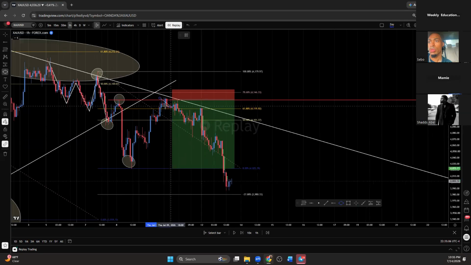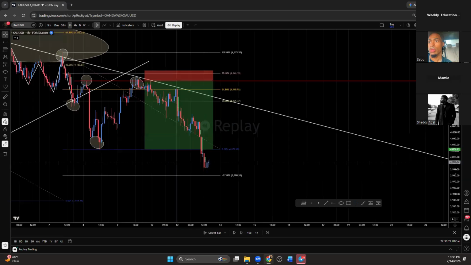So right here, we ended up creating an equal high. We ended up creating an equal high, and we ended up going a little bit above it. That's all I needed to see. Once I saw that, I said, that's perfect. We got a high here, we got a low here, lower high, lower low, and then we came right back here and closed below or created an equal high. I already knew once I seen that and I seen this kind of close like this, I said, all right,